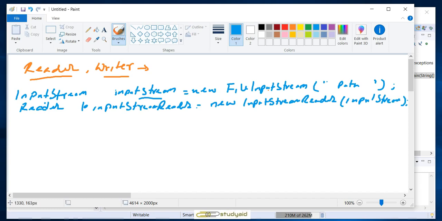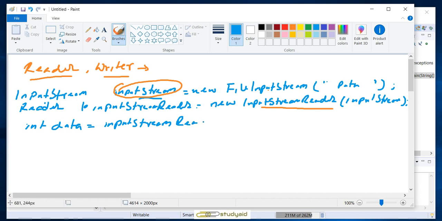In this case, what is happening is that we are wrapping this input stream inside the input stream reader. And then how do we do the data reading? int data equals read,